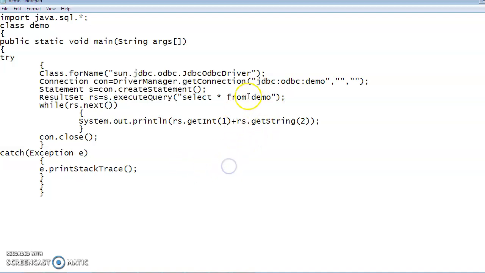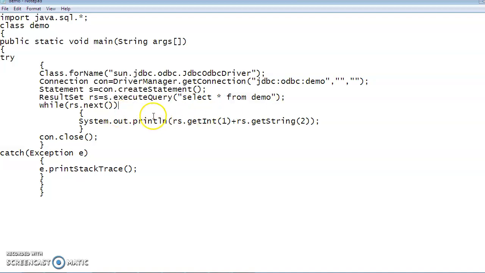Here you can see again there is demo. I have intentionally used demo twice. This one is your data source name, which means it is your database name, and this one is your table name. You can see that we always use the SQL statement select * from table, and the name of the table is demo. I intentionally used the same name for both the database and the table. You can change it, write demo1 or trial, anything you are interested in. So we are executing the query inside the table demo.